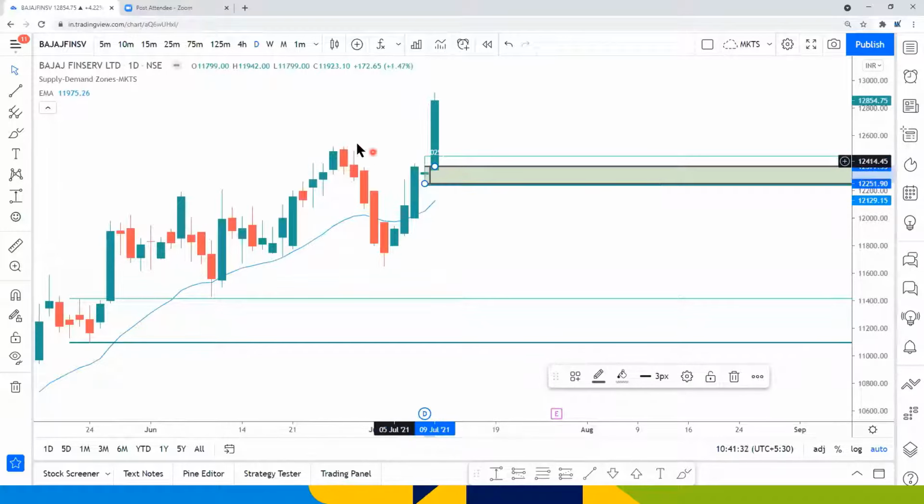What is the second good point? Is it around the prior top? The prior high which was broken? Is the zone there? This was the prior high. So you have a confluence of the zone around the prior high. So what is the zone achievement? Zone achievement is it has broken the previous high.